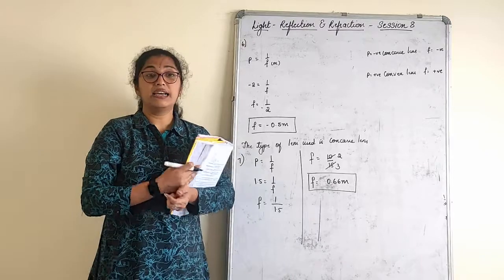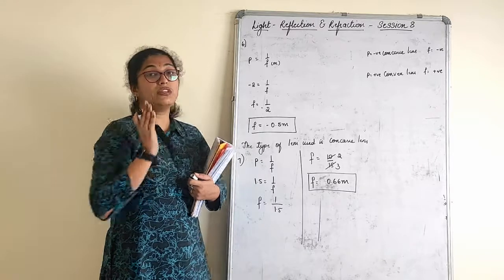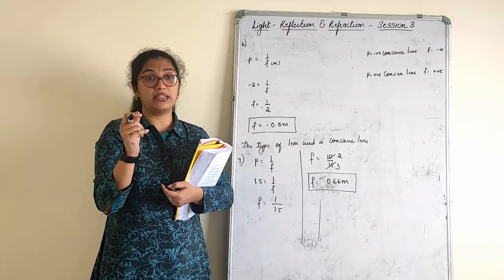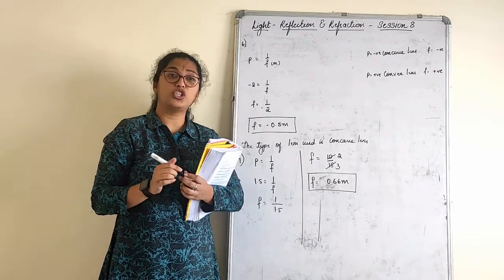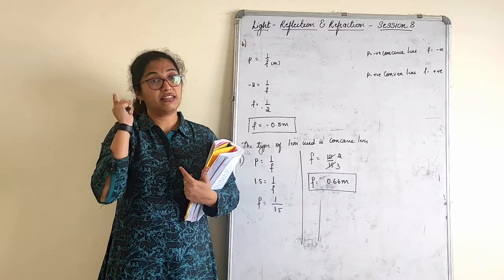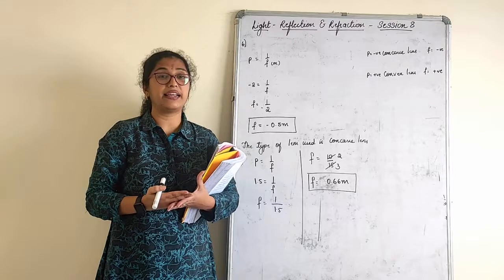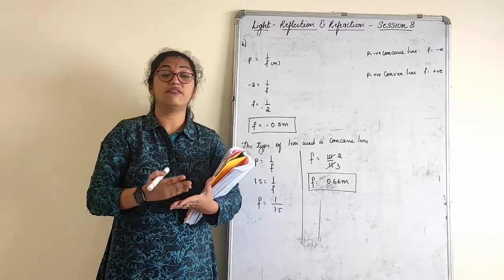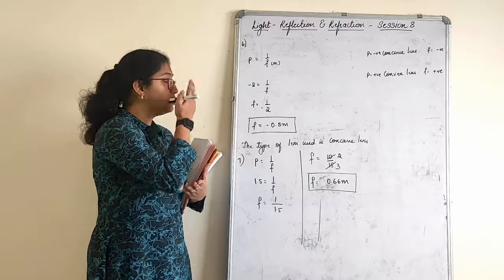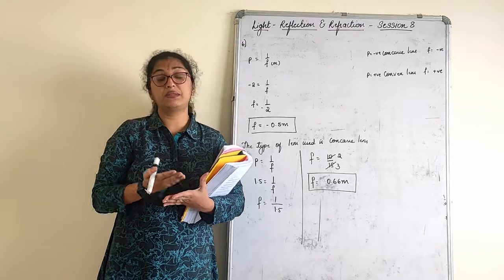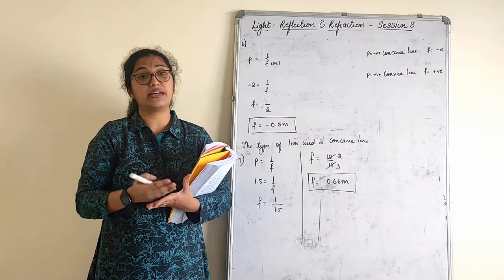Now, did you understand? I think only the sign conventions, it is what you have to know to do the numericals correctly. Once you know the sign conventions, which is plus, minus, see, always U is anyhow minus, we know that. Only thing what changes here is V and F. That's very important. Once you have a rough figure of a ray diagram, which I am repeating again and again, after that also I still see children proceed without a rough diagram. Of course, you can go ahead. I am not saying no. Thing is, do it correctly. Practice worked examples, practice in-text numericals as well as exercise numericals, and be perfect in ray diagrams as well as the numericals.